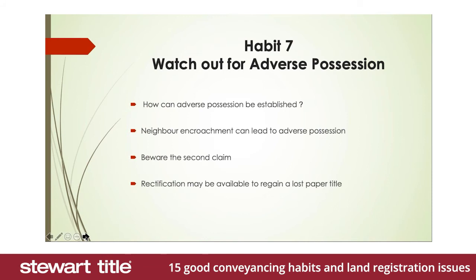The other point that I think flows from this is to make sure that clients keep addresses for service up to date so that the Land Registry can contact them in the event of an adverse possession claim being made, because in essence it is that counter notice procedure that the paper title owner makes that really gives the Land Registry an opportunity to have a long, hard look at the adverse possession claim. Historically, a lot of adverse possession claims have gone through relatively easily because the paper title owner hasn't challenged or done anything about it. Which leads me to the last good habit.